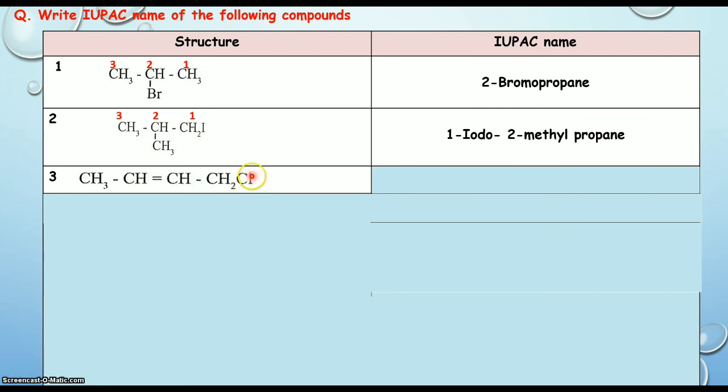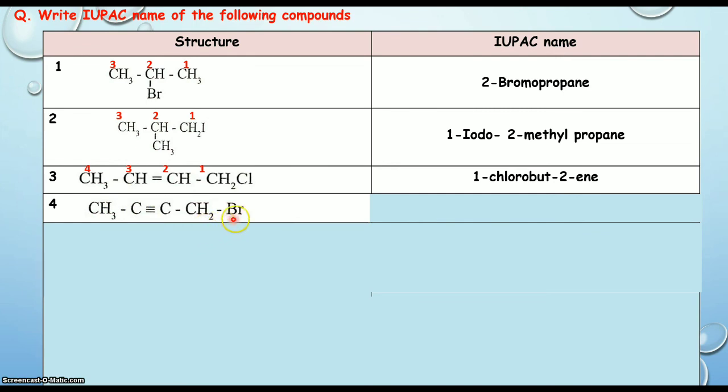In the third structure, chlorine is bonded to this carbon atom as well as a double bond is also present here. So, if we consider numbering from the left-hand side, the double bond is present after the second carbon atom, and if we are considering the numbering from the right-hand side, the double bond is also there after the second carbon atom. So, to follow the lowest locant rule, the correct numbering is this. Therefore, the IUPAC name of this structure is 1-chloro-but-2-ene, as chlorine is present on the first carbon atom, but-2-ene as the double bond is present after the second carbon atom.